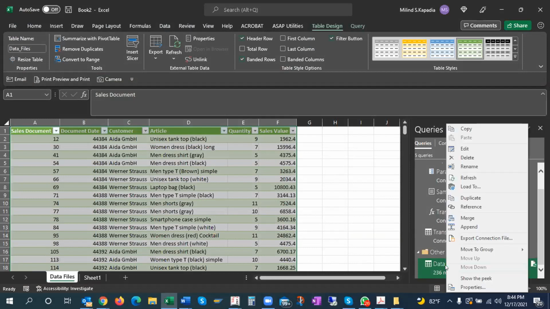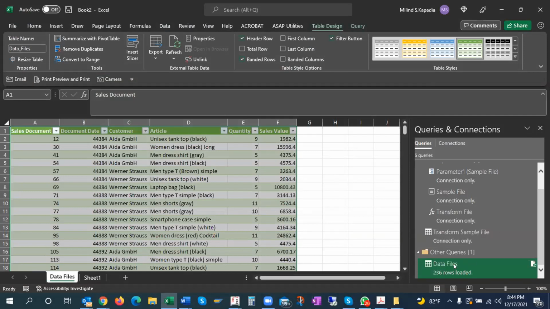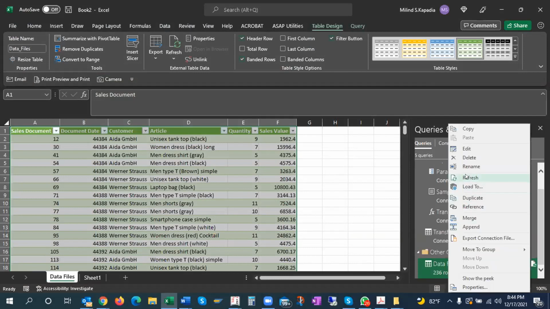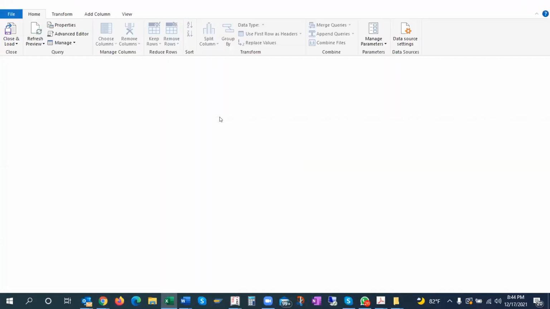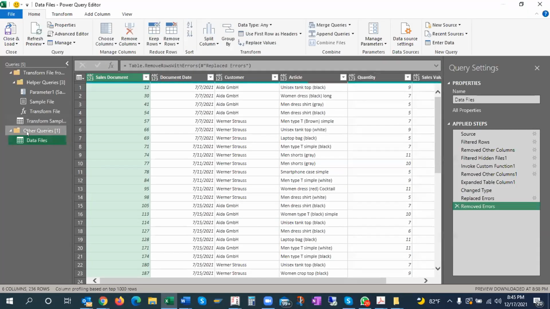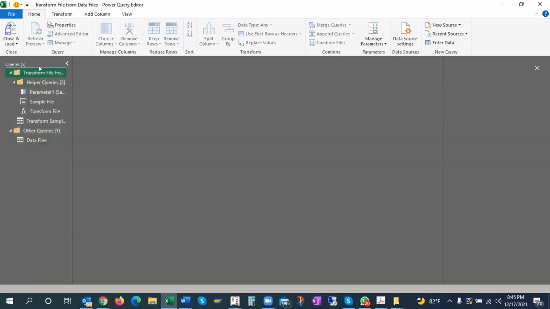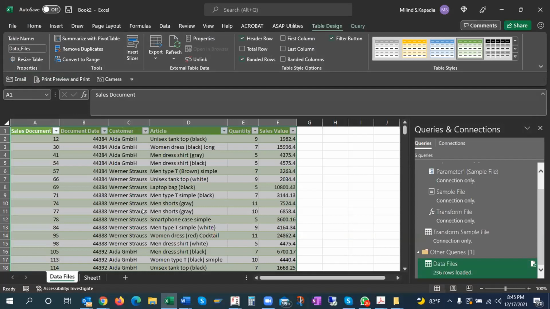When we click on edit, when we are choosing a workbook, see here, it is transform file. It is choosing a folder. So I need to check whether all the sheets have similar formats, and if I have similar other workbooks, whether it will perform or not. I will check, no issue.